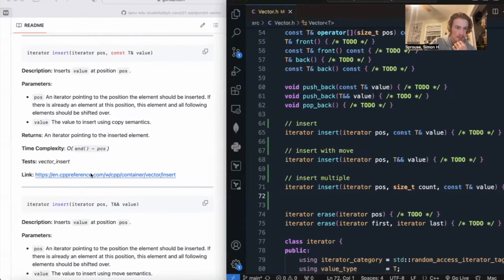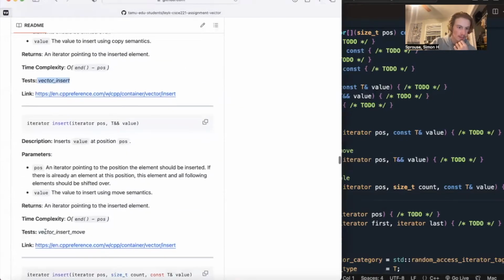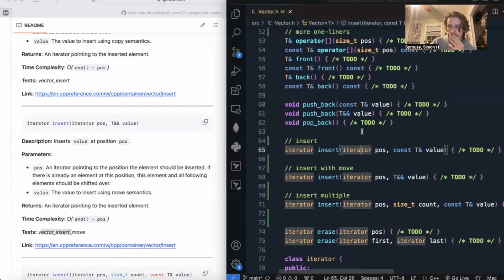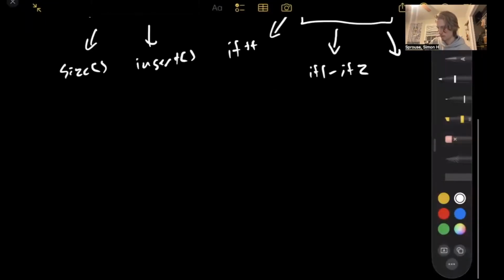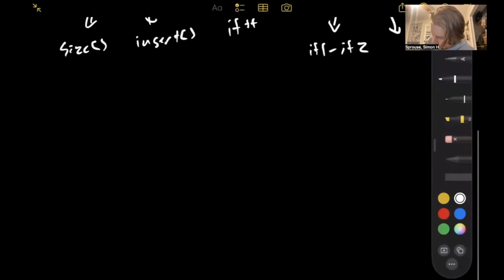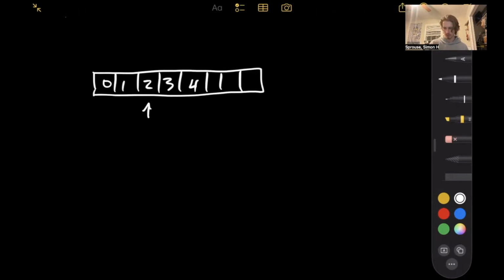And let's see, in the tech docs, it says about the same, and it also gives you the names of the test cases that are going to be testing these things. So let me go ahead and switch to my iPad so that I can actually explain this stuff. Okay, so imagine we've got the problem that I specified before, right? We've got some block of memory, and let's say that we've got stuff in this memory already, and we want to insert at this position. Well, if we're using the tools that we had before, which is just this vanilla array,